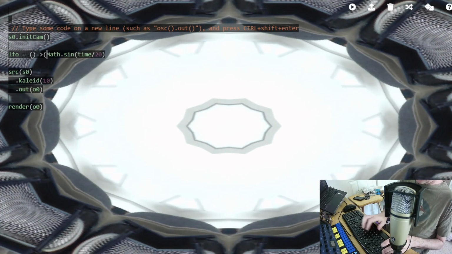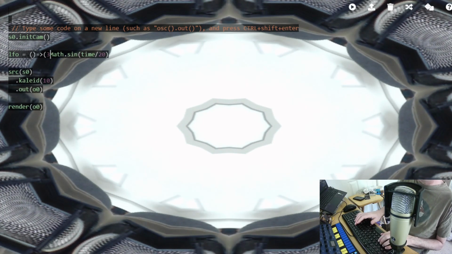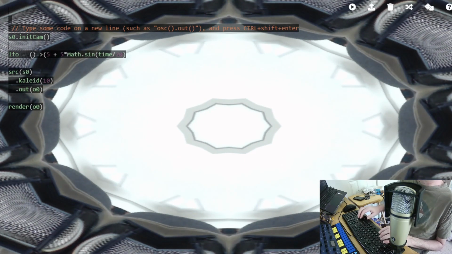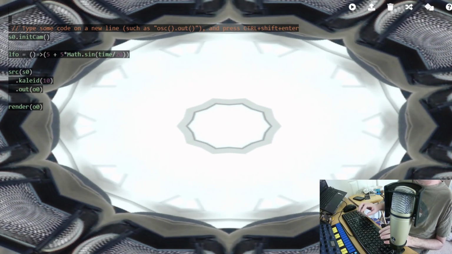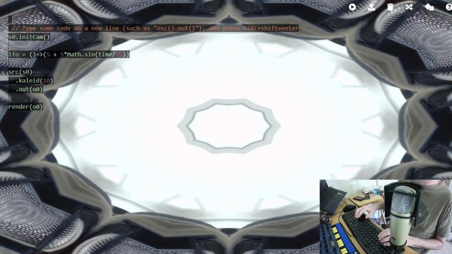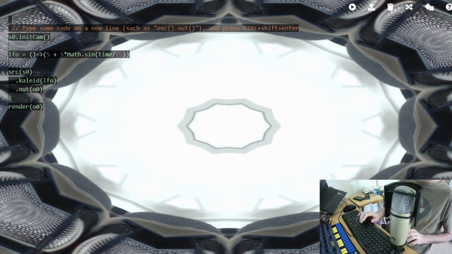Let's make this, let's go from 3. Let's go from 5. So we're going to start the base value at 5 and make it go up to 10 and back down. Alright, so LFO is our function.